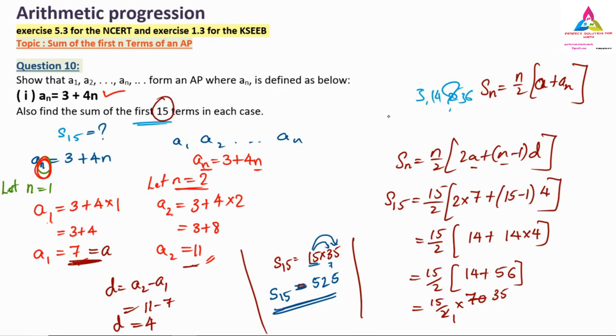So this is not so tough. Actually it is an easy question. If they give this in the exam, you are the luckiest student, but you have to know how to find it. Sometimes, in place of an, they have given Sn. In the exam they may give Sn instead of an, and ask you to find the d value or the a value.